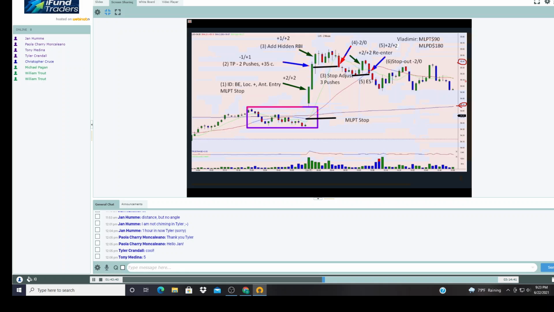The RBI was far above the 8 MA and the 20 MA, but the 8 MA is not relevant at the open, and the MA20 is not relevant at the open either, because what does this measure? Especially at this point, it measures everything from yesterday. So you can cut that out. The 8 MA is not relevant here at all. Okay, the MA200, yeah, but there is not really a gap.